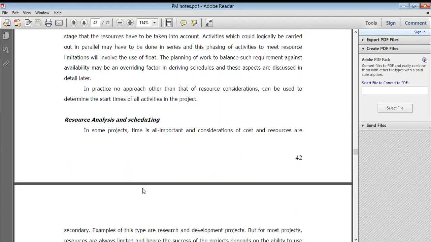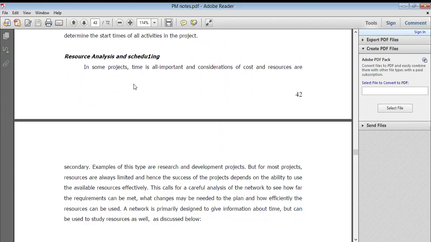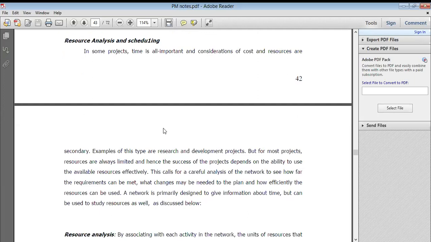So now time is over. Next, I don't know whether tomorrow there is a lecture or not, but then we'll start resource analysis and scheduling. It will help you with your SIP project also, because of how we analyze the objective and whatever you learn in that particular session. Okay.